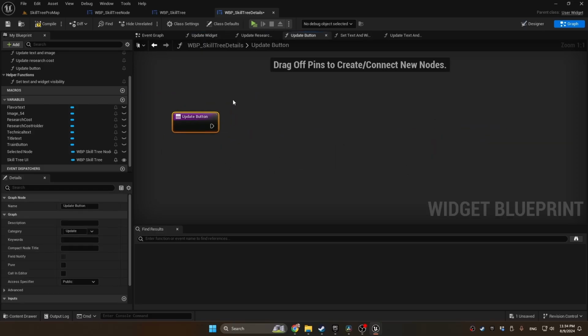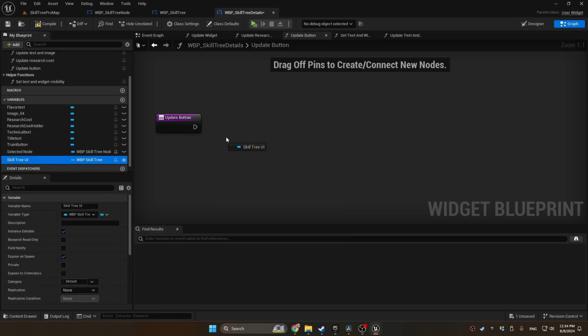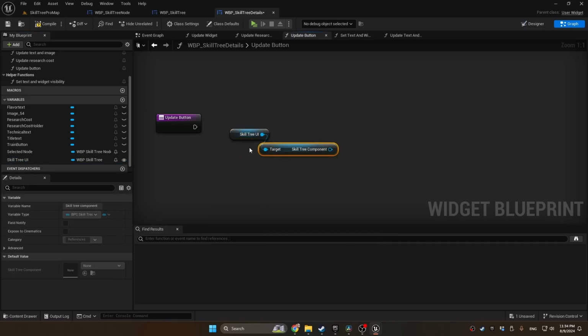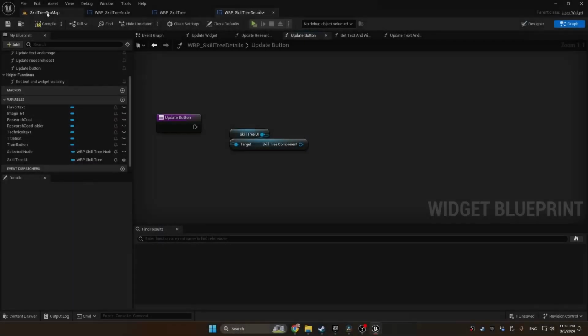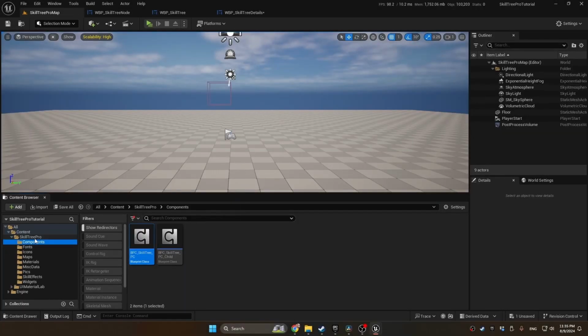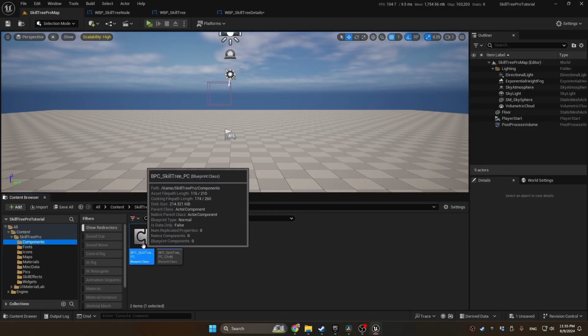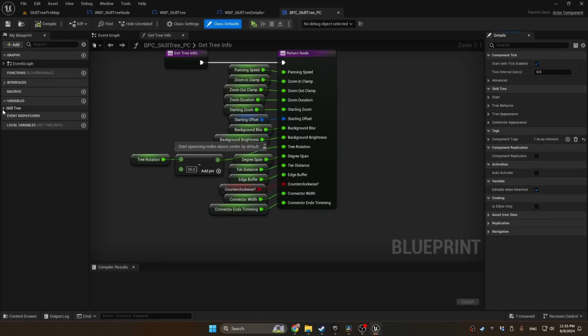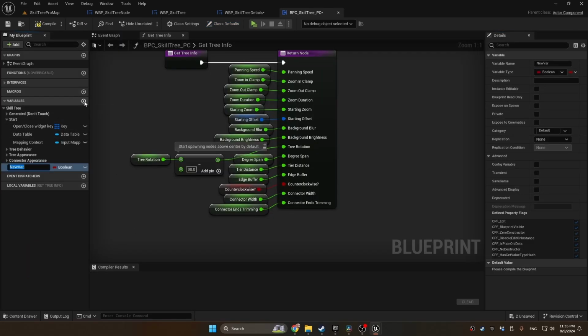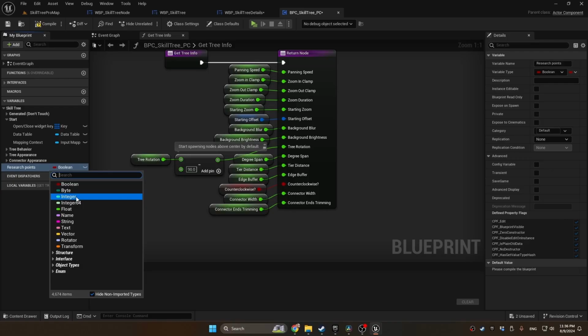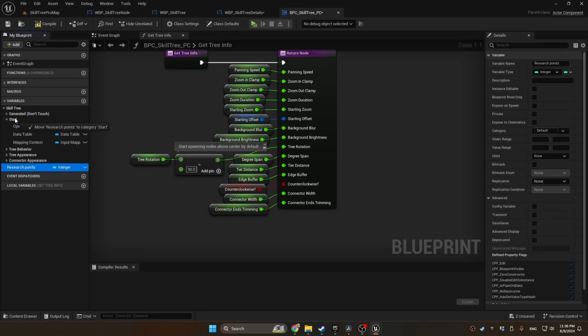So now before updating the button, we're going to check to make sure there are enough points to train it. So we'll get the skill tree UI, get skill tree component, and now we'll go back to our content browser, go up to components folder, open up the BPC skill tree PC. Under skill tree start, we're going to add a new variable, and this is going to turn out to be a very important variable that we'll use a lot. We're going to call it research points and make it an integer, and we'll drag it up to the start category. Let's compile